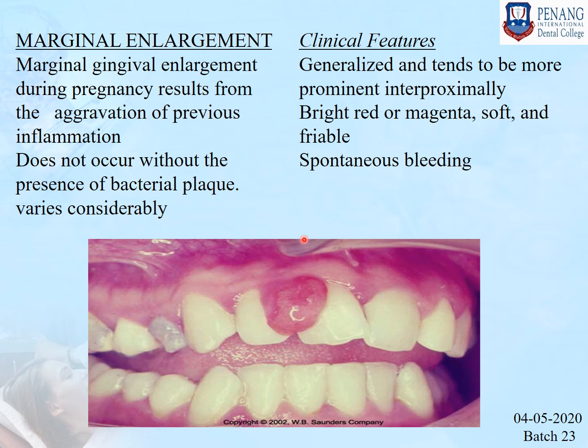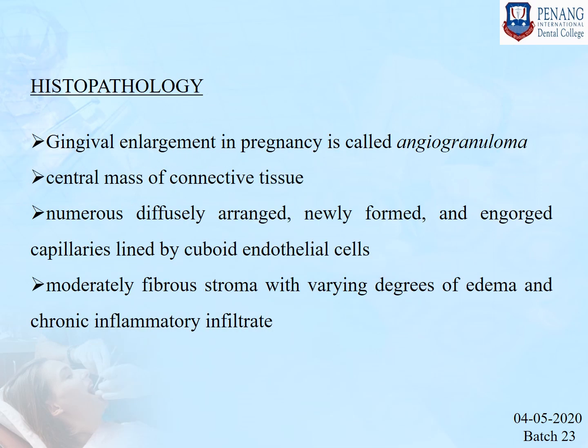So if you probe it, it will bleed spontaneously, and it tends to be more prominent interproximally. Similar forms of gingival changes associated with hormonal variations during pregnancy can be seen. Oral care in pregnant women should be meticulous, and patients should be treated by removal of plaque and calculus. Treatment of pyogenic granuloma consists of the removal of the lesions and elimination of the irritating factors. The recurrence rate of pyogenic granuloma is 15%.